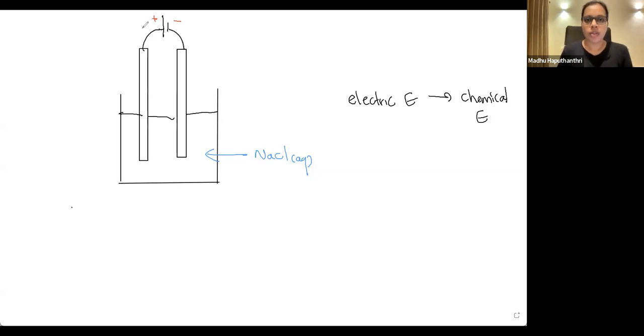So we are starting off with the external battery. There I first denote the positive terminal and the negative terminal. And then the rod which is connected to the positive terminal is positively charged. The rod that is connected to the negatively charged terminal of the battery is negatively charged. Simply positive to positive, negative to negative.